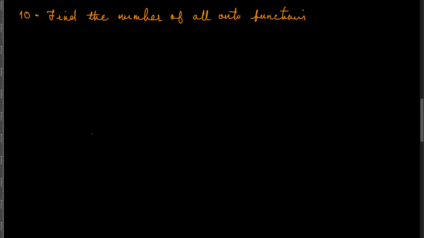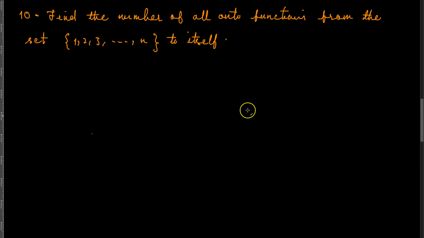So the next question that we have here is question number 10, which is basically: find the number of all onto functions from the set 1, 2, 3, and so on and so forth, all the way up to n, to itself. Okay, now